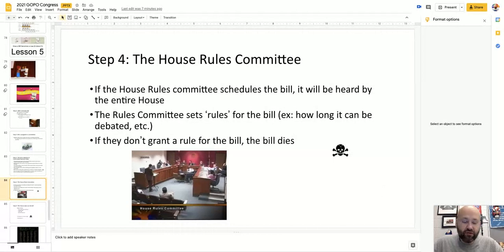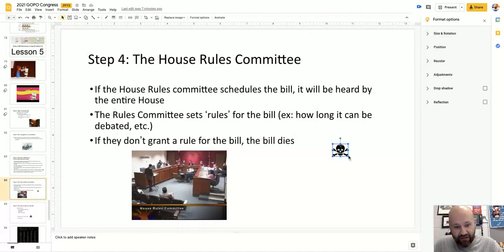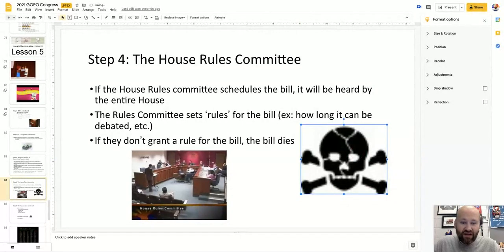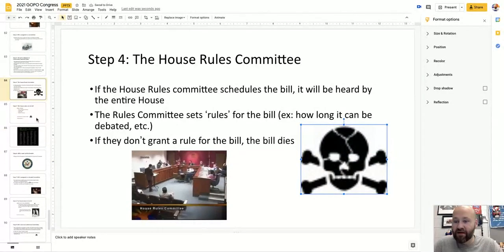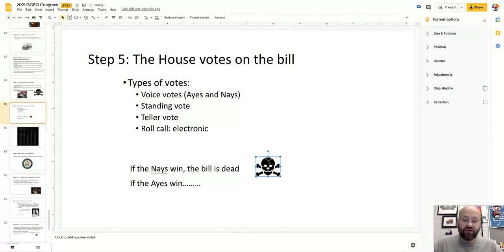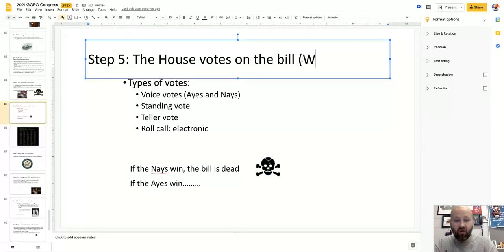So we're back to the Rules Committee, and this is another place where the House Rules Committee or any group of people of the majority can kill the bill. All right. Now, we are going to go on to the whole floor. Okay, so this is the House. I'm going to say whole floor. And this is